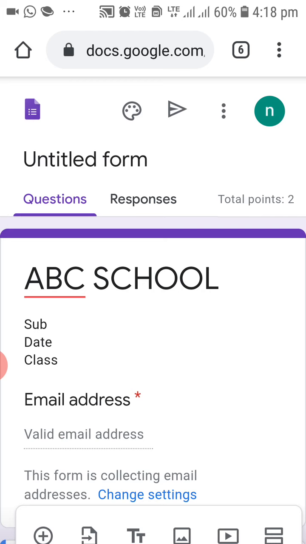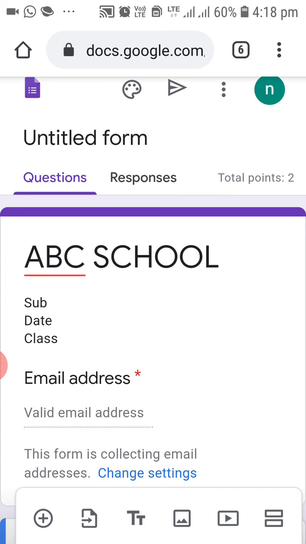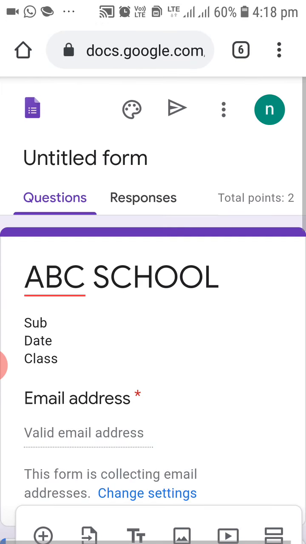So I hope teachers you have understood how to prepare the question paper. Once the question paper is prepared and it is submitted by your students, how will you see the responses? Again, you have to click on the same link which you have pasted somewhere in your WhatsApp group or saved somewhere. Just click on the link after submission of the paper by the students. When they submit and when you click on the link, again the paper will open in front of you, right? Whatever paper you have typed, it will open in front of you.